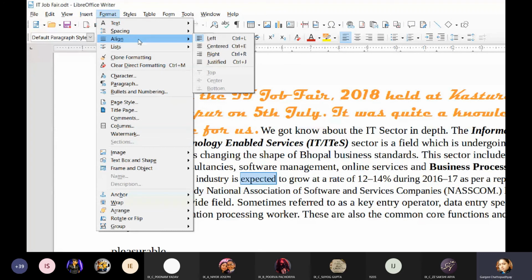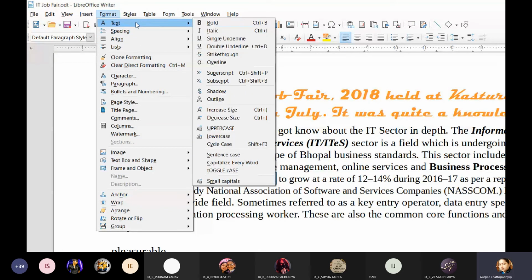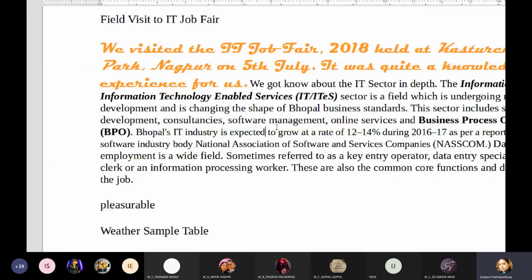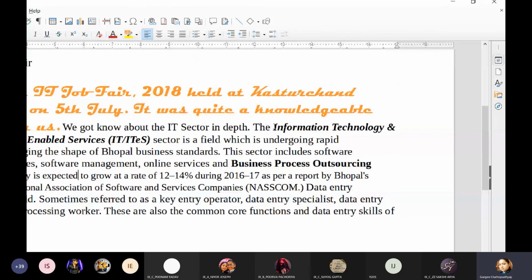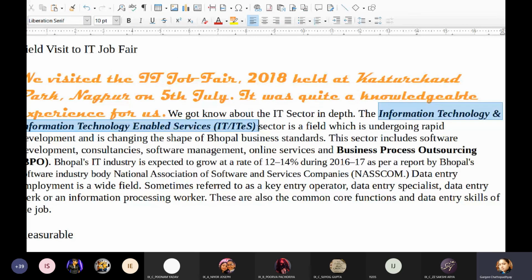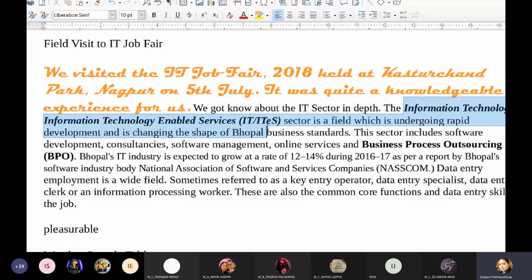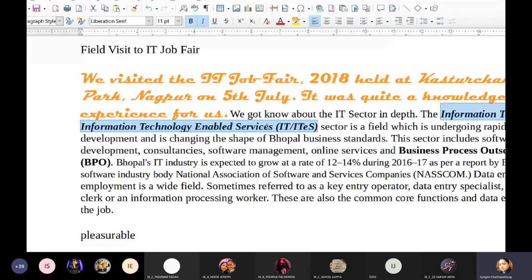First, let me start from text. So first, let me select some text from here. For example, I'm selecting this information technology and information technology enabled services.